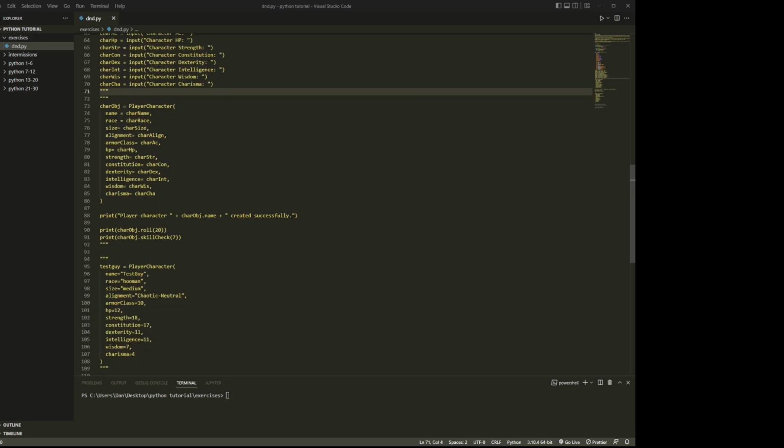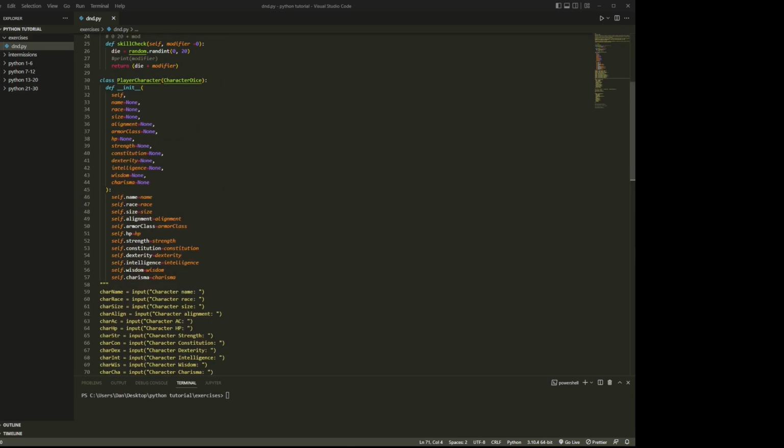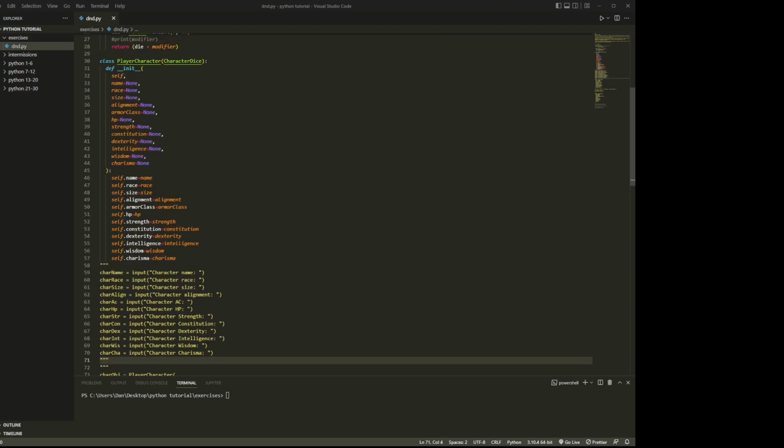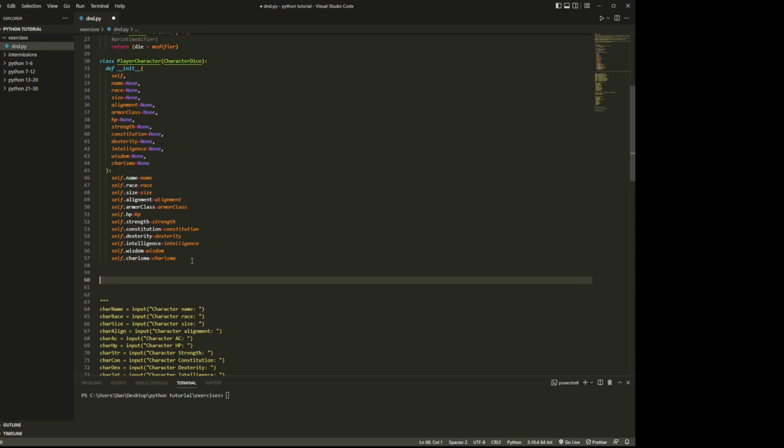So I've commented out everything below the player character constructor here. We'll start up here, and the first thing that we want to do is build a list, and we'll refactor these traits into this list. We'll just call it char list for now. And then remember, this is a square bracket, so we want name, we want race, we want size,